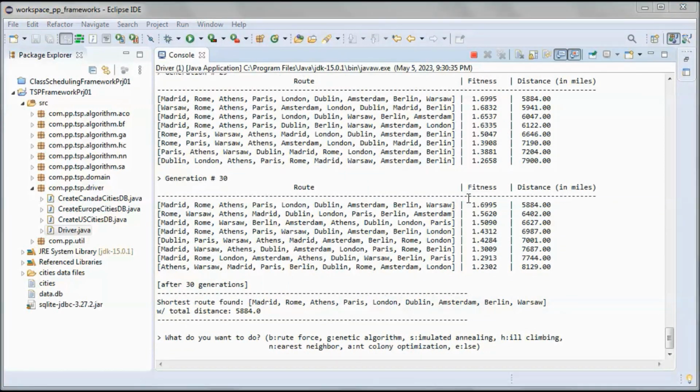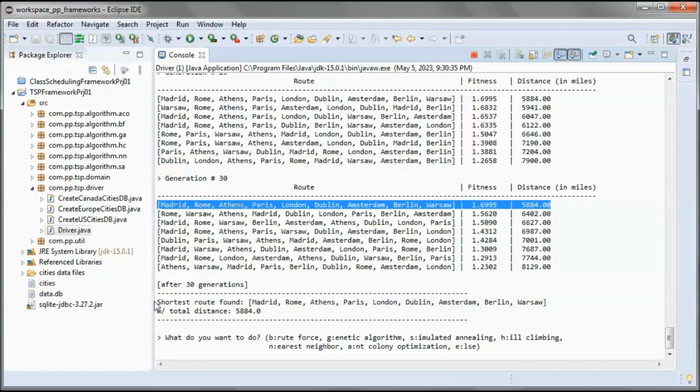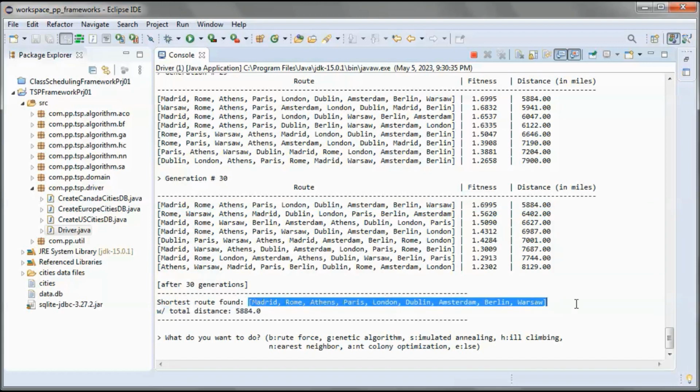And we are sorting by fitness, so the highest fitness means the shortest distance. So we found this route as the shortest route after 30 generations, and it has this total distance.